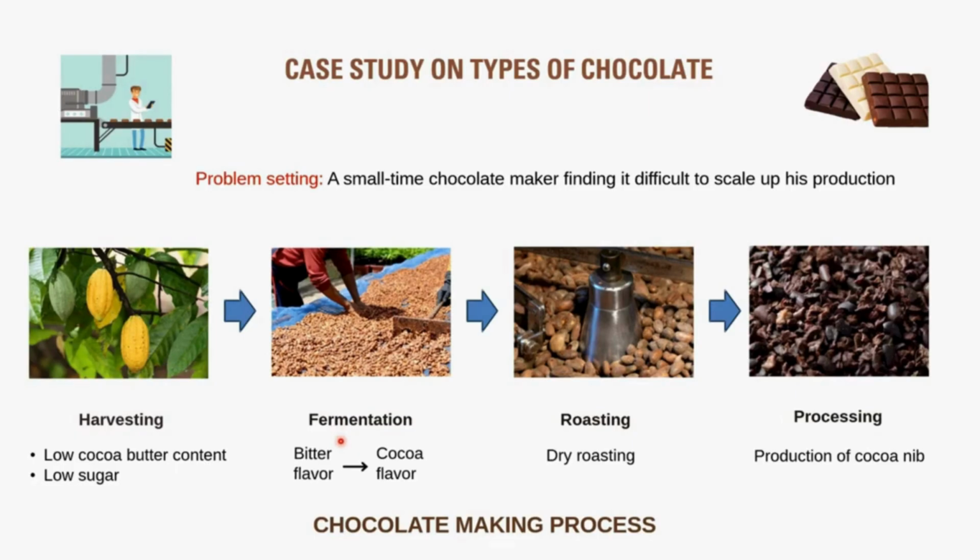Suppose your pods are under fermented, it might manifest itself as bitter notes in your end product. And in case of over fermentation, your chocolates will have hammy notes as what is observed by your client due to excessive production of isobutyric acid. Typically, fermentation lasts for about 7 days, after which pods are sun dried and packaged for shipping.